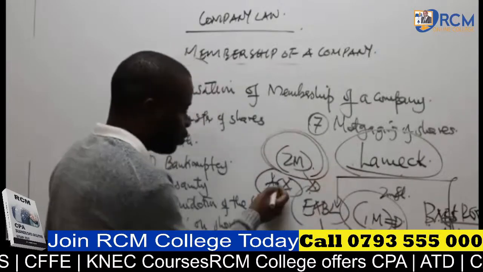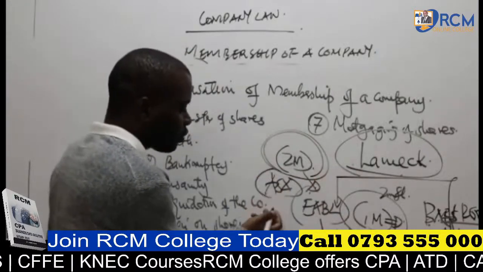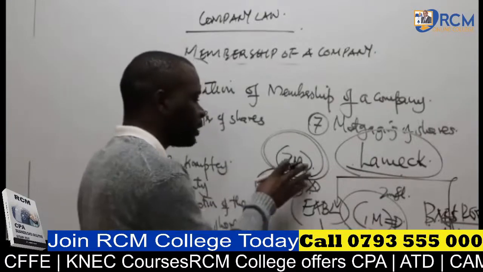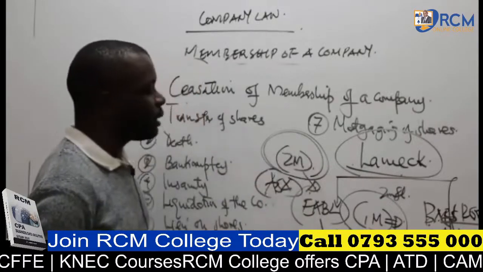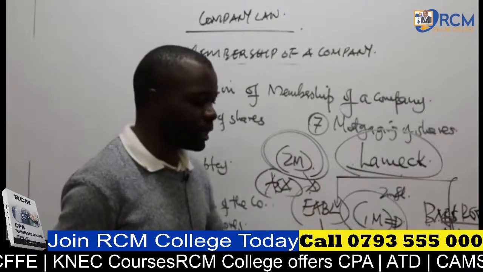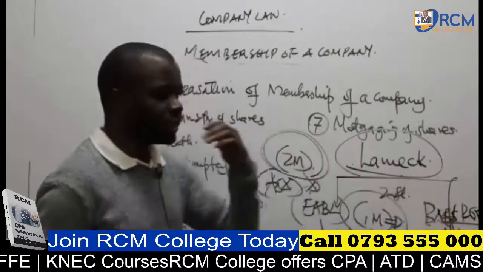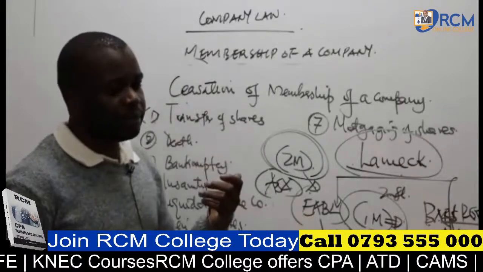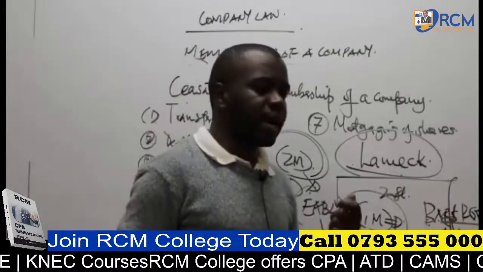If the articles, or the rules governing the internal affairs of EABL, allow, they can withhold the shares of Lamech until he is able to pay for the 1 million that was supplied to him on credit. If EABL does that, we say EABL has exercised what we call the right of